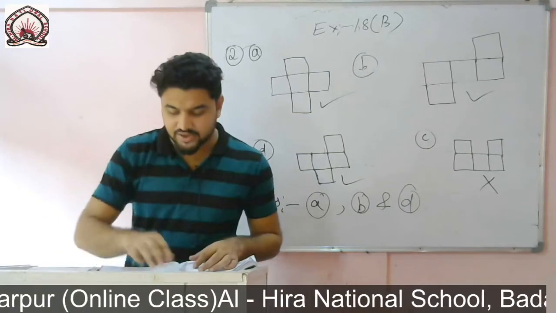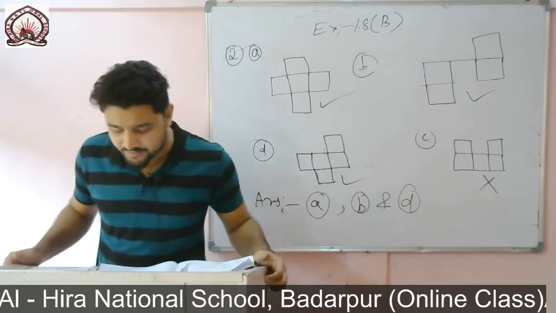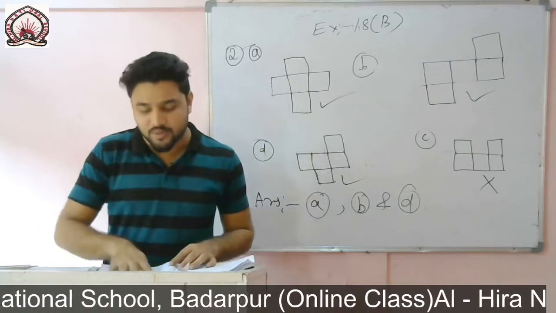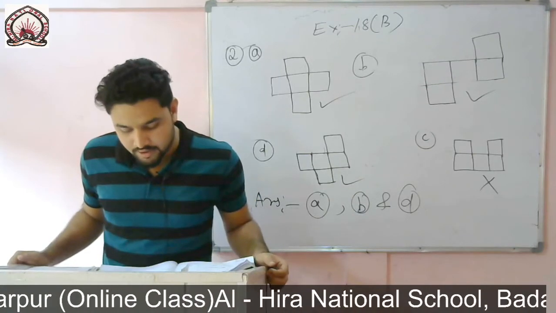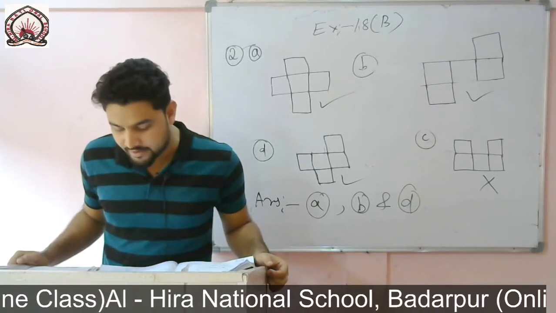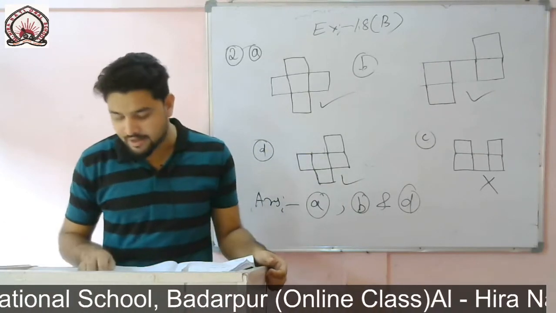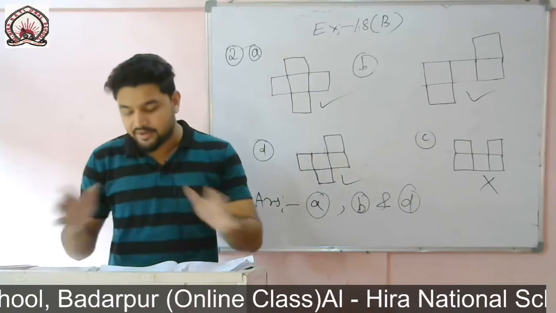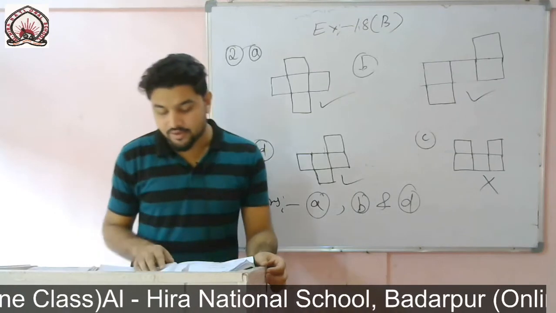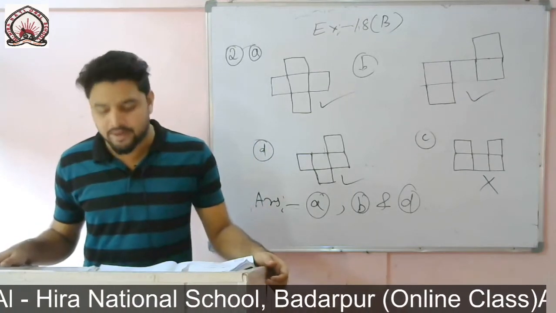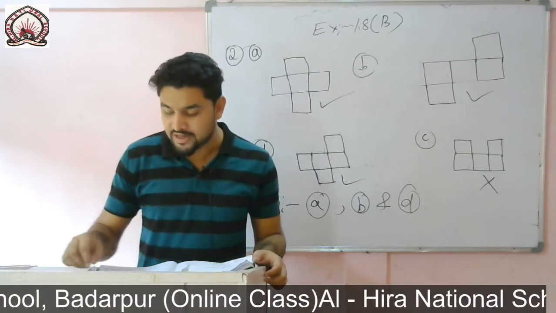Now come to question number 3. You see, question number 3, match the nets with the solid shapes. Write the letters of the matching pairs. You see the question, or look into your books and see the figures. You see, first figure will match with N. Because if we cut them, then the shape will become like this. You make a shape like this and cut, then you will find this one. Then A will be matching with N.